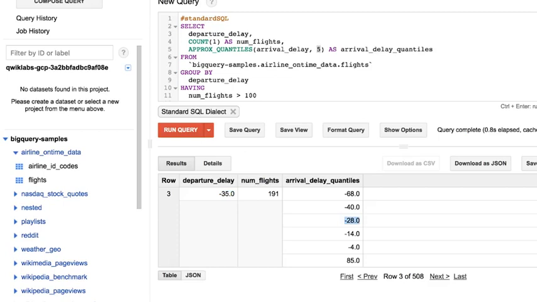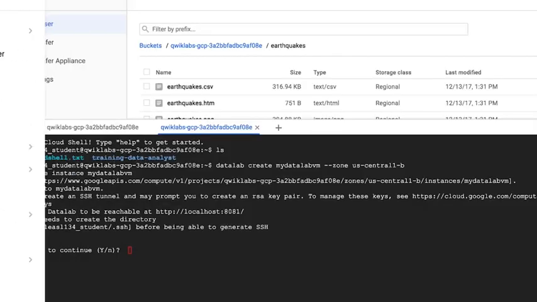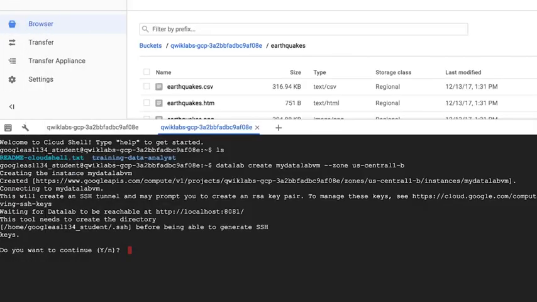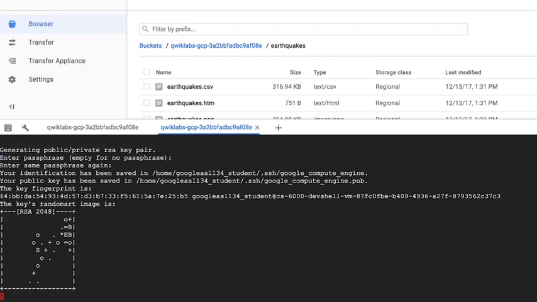So if you go back to our console, we now see that Datalab asks us whether we want to continue. We say yes. We'll go ahead and accept all of the things. So now let's go ahead and run this other query to find the airport pair. Airport pair meaning a specific departure airport and a specific arrival airport that has the maximum number of flights between